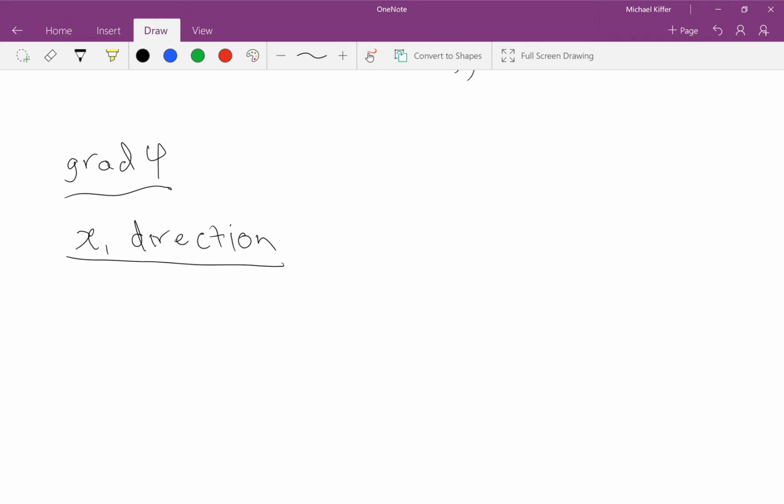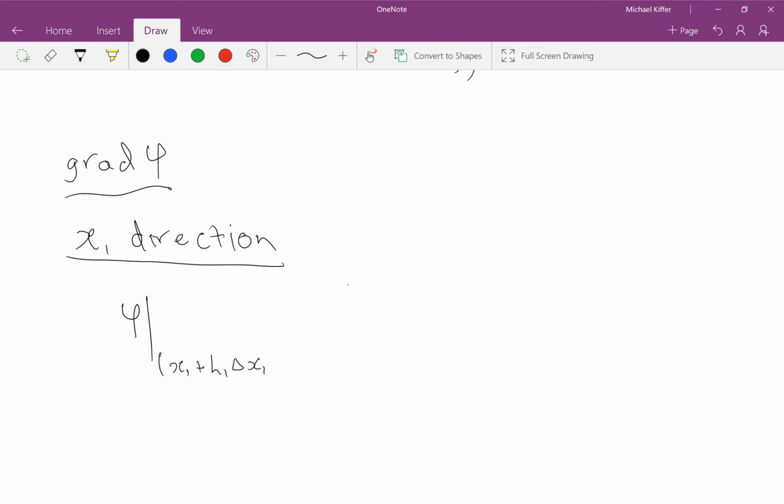So we want to know the difference in phi given some small change in the x1 direction. So we want to know what phi is at the point that we're trying to get to. So that's phi evaluated at x1 plus